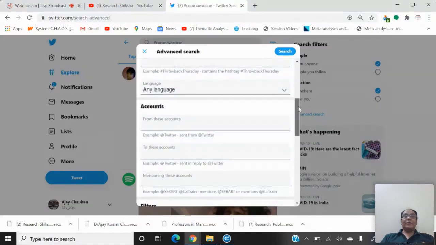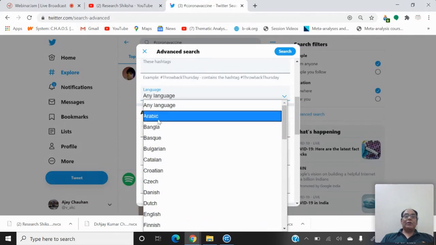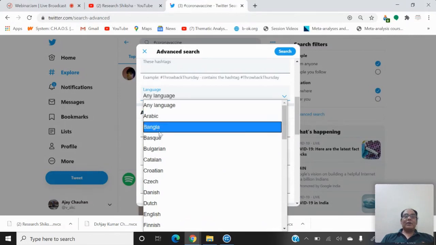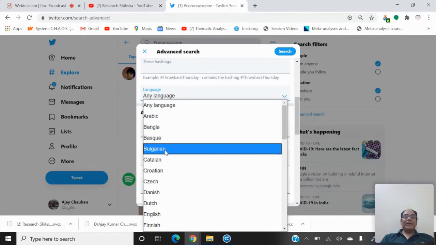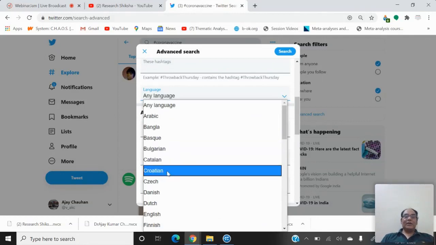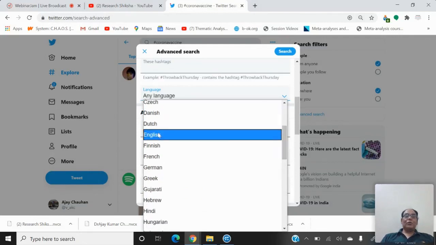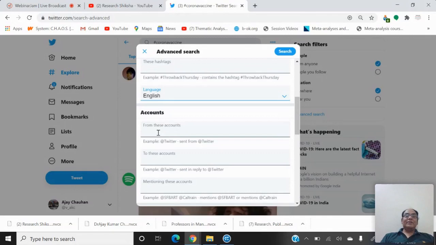And I want to analyze the English language only, because I cannot analyze Arabic, Bangla, Bulgarian, Gaelic, or Croatian language, right? So the simple thing is to go to English. Otherwise, you will have all tweets in different languages, and they will be like alpha and beta. So better you write English here.